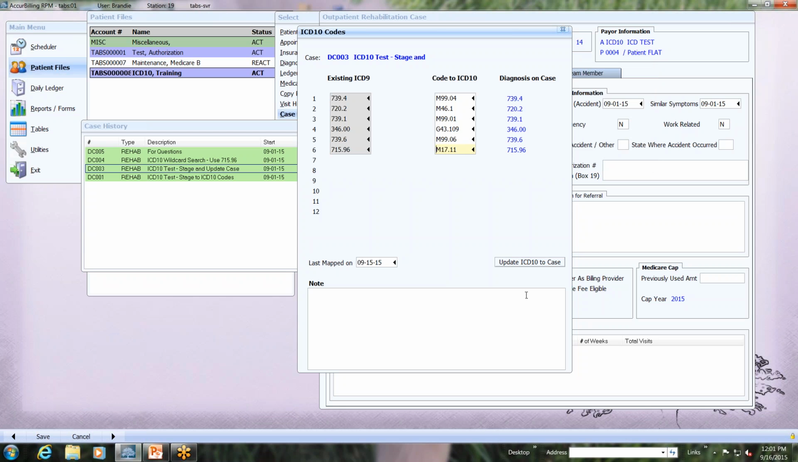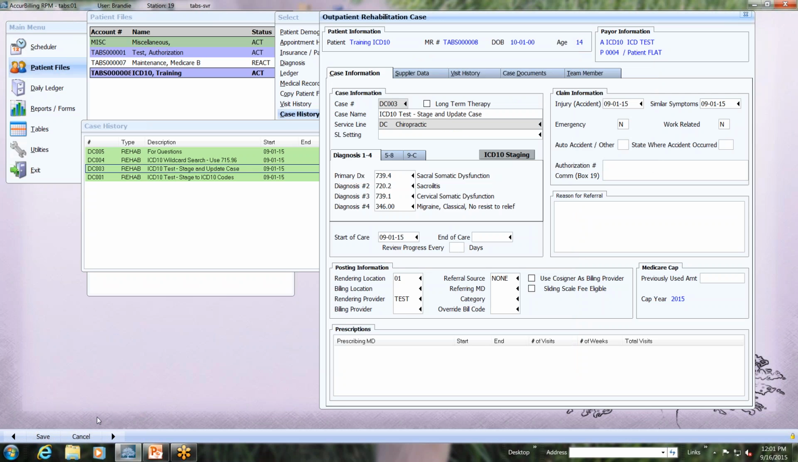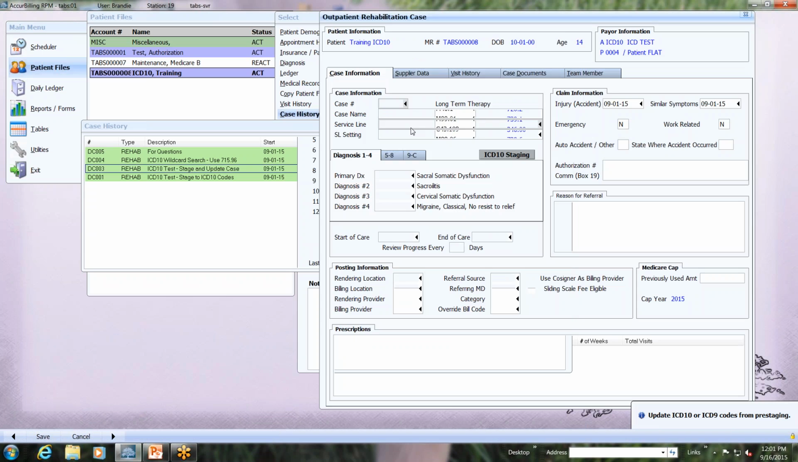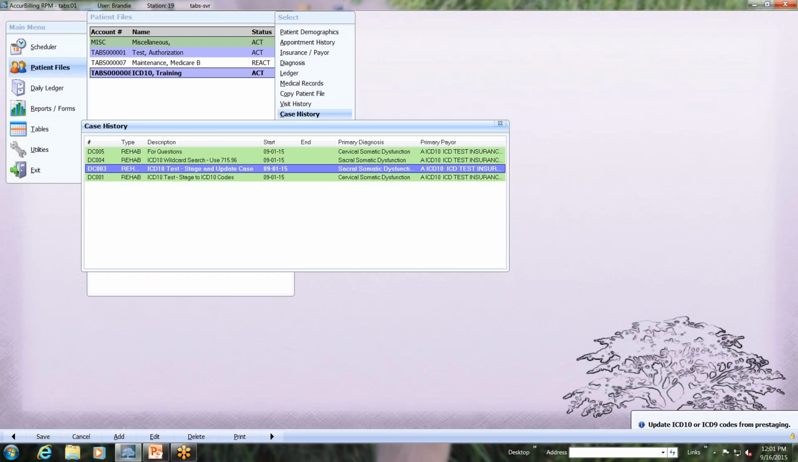I don't want to quite update yet, so I'm going to save one time. And then if I were to go back in, I can see that all of my ICD-10 staging is present. So for the staff that's out there listening, for the people who are manning the front desk on 10-1, it's going to be up to you all to come in, make sure that those ICD-10 codes are pre-populated in your patient files, and you're going to be the ones who are actually updating that information